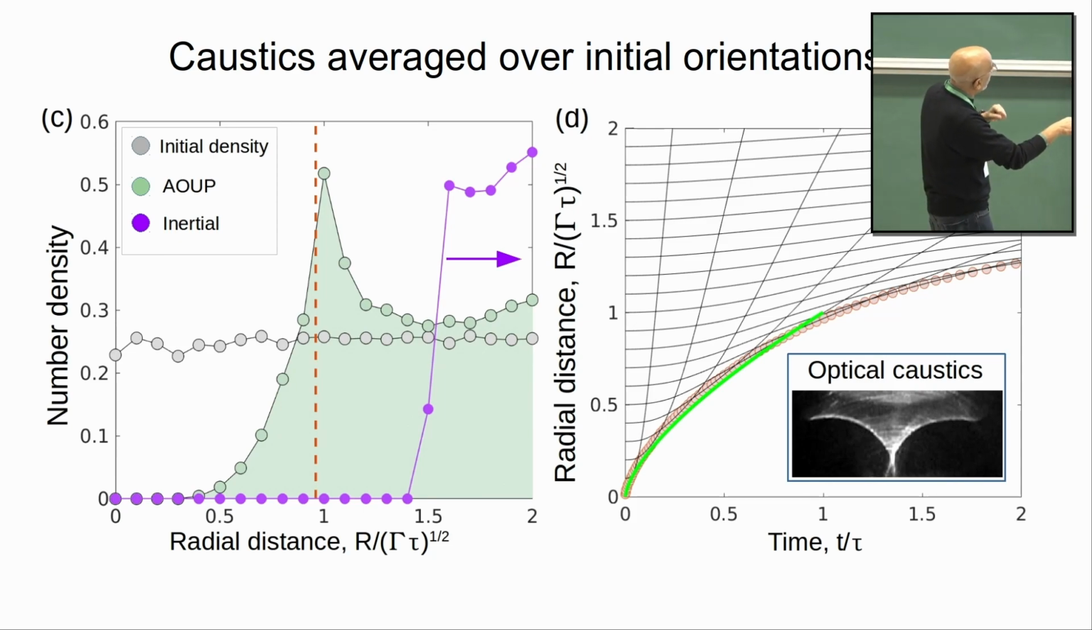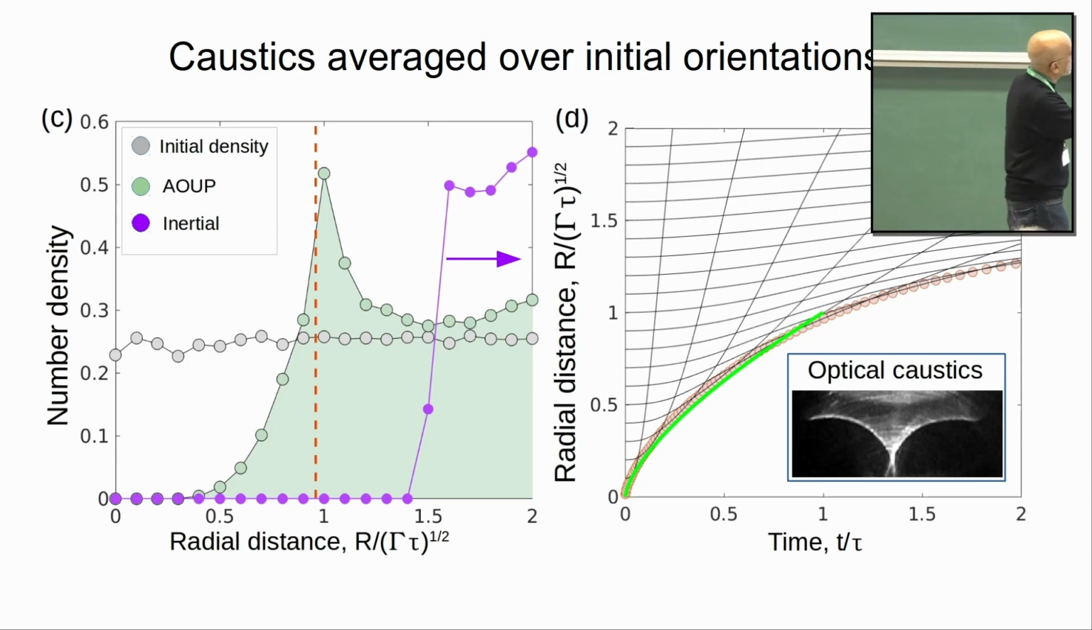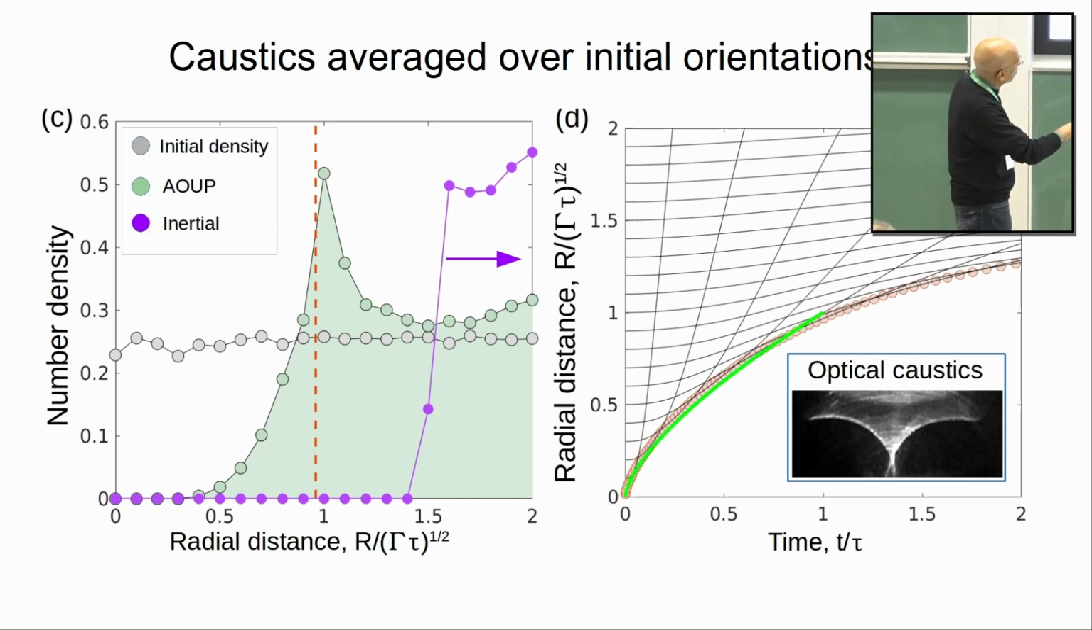This is the initial density profile, and this is what happens after the dynamics has taken place. You do get what looks like a singularity in the concentration. For comparison, the inertial particle case is shown here. And if you look at distance against time, each of these is the space-time